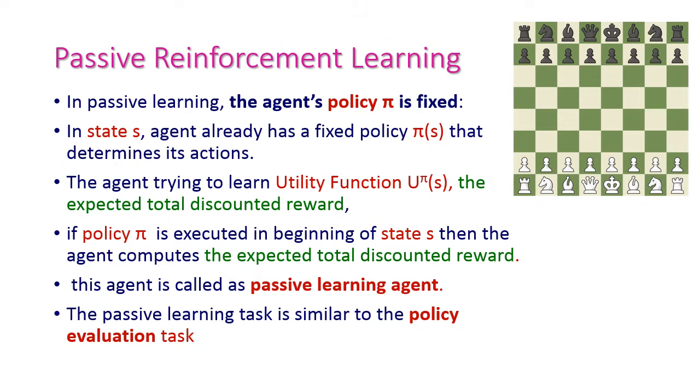What is passive reinforcement learning? In passive reinforcement learning, the agent's policy is fixed. Policy is determined by pi. When it comes to state S, the agent has already fixed policy of S that determines its action. That is, the policy is fixed for this particular state. So, based on the policy, we have to select the suitable action